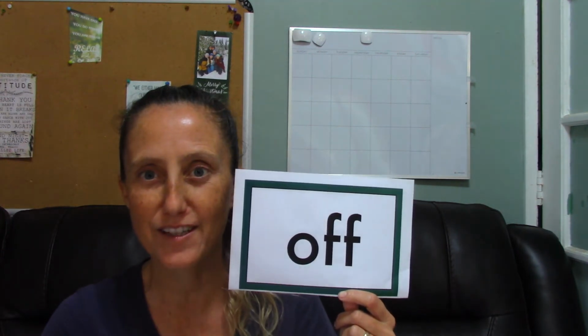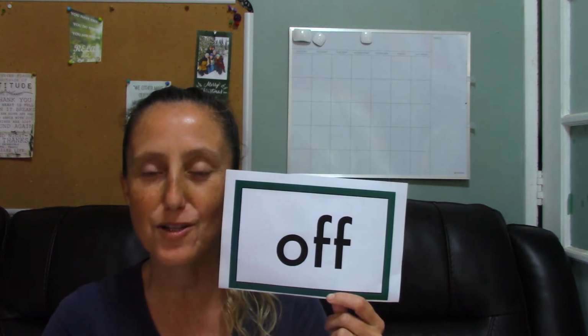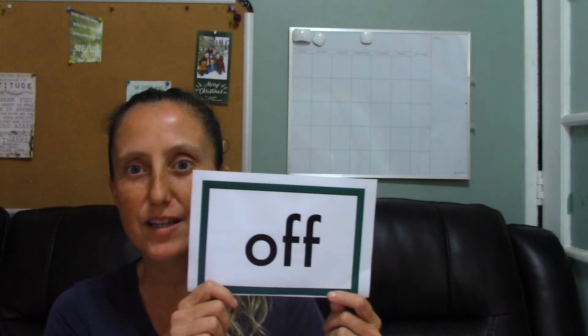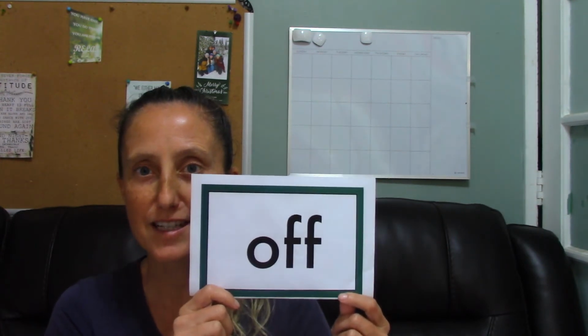Maybe because if you took away one of the F's, my hand doesn't want to do it here. There we go. What word is that? Of, right? Of is O-F, so they had to add an extra F onto off, so we would know that this is off instead of of. So we have